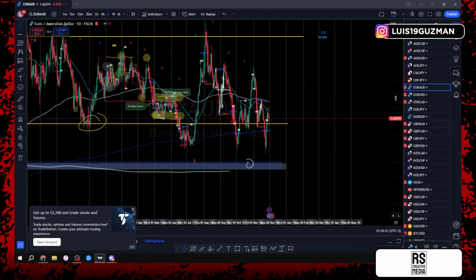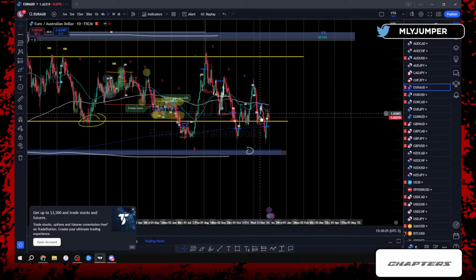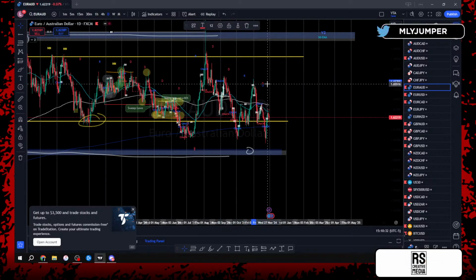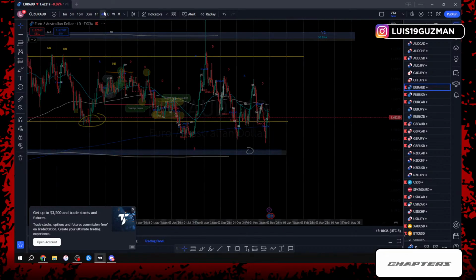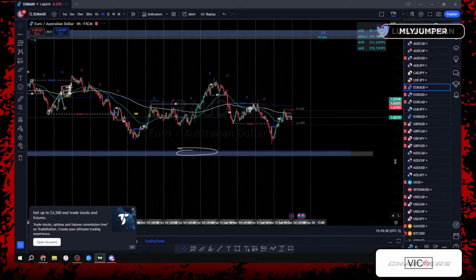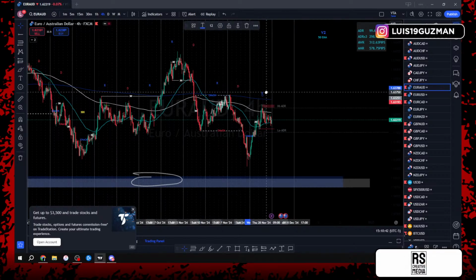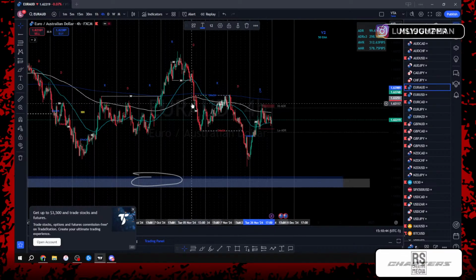Right now in the daily time frame, we can still see price making lower low, lower high, lower low. Right now we have no continuations, but at this moment we do have a monthly drop. So again, still no continuations. In our 4-hour time frame, we have a weaker rise, okay. But price is still making again lower low, lower high, lower low, lower high.